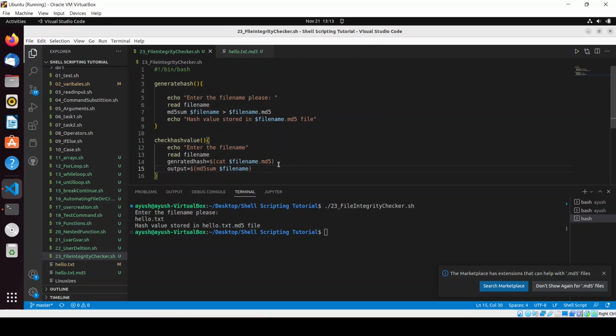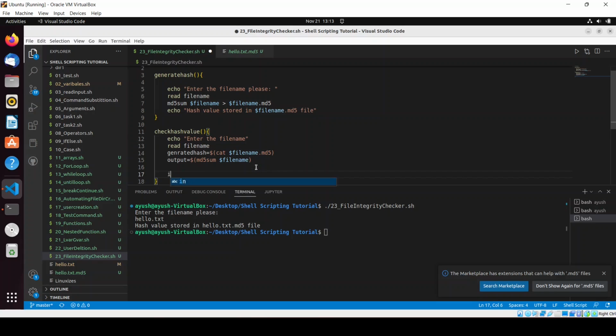Okay, now we are good to go, and then we will use the if condition here. We pass the double quotes and dollar generated hash, let me just copy this, if dollar generated hash is equal to, again double quote dollar output, then